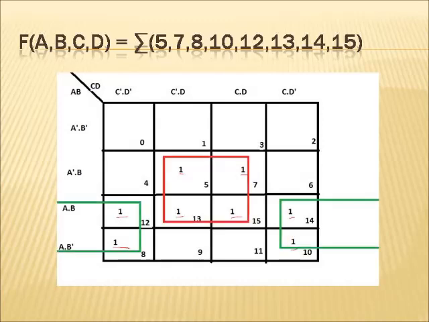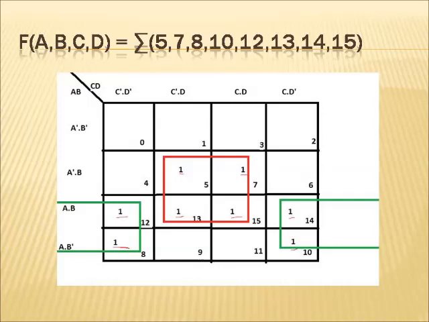After marking the cells, our next step is to identify the groups, right? So here you can see I have formed 2 groups. So please refer to the rules for how we can form the groups. We have to form the maximum. First we check whether there is any possibility of forming an octet. Octet means an 8-member group. So there is no possibility of creating an 8-member group here, but there is a possibility of creating a quad, that is we can connect the cells 5, 7, 13 and 15.